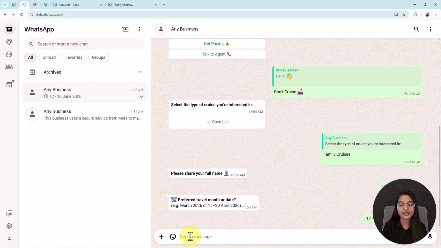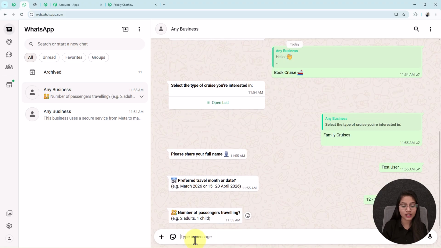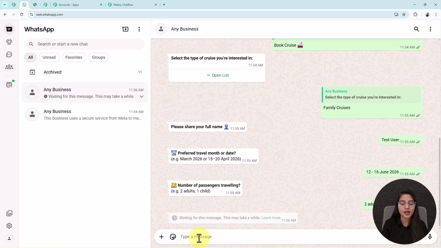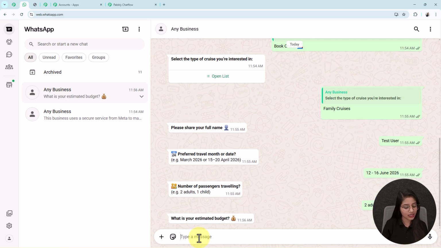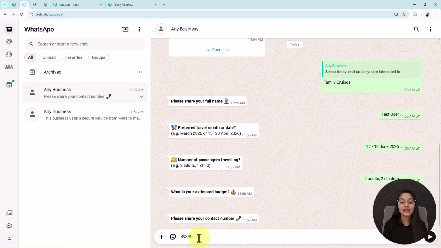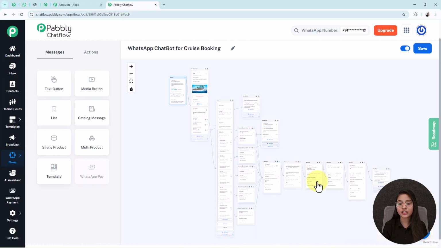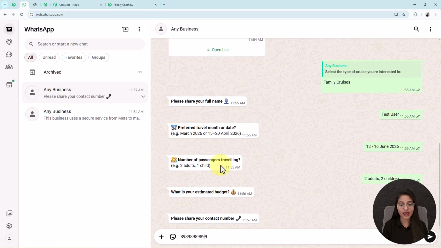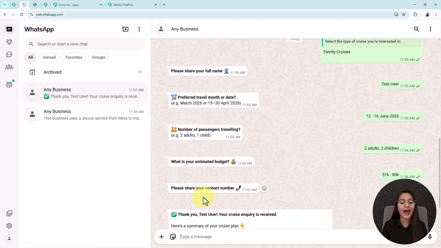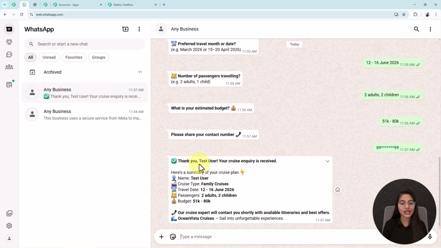Next I am sharing the date and the month. Then it will ask me to send the passenger details. After that, I have sent the number of passengers. Then it will ask me for my budget, so I am sharing this too. As you can see, the bot is asking me all the questions that we have set in each of these question nodes. Lastly, I am sending the contact number